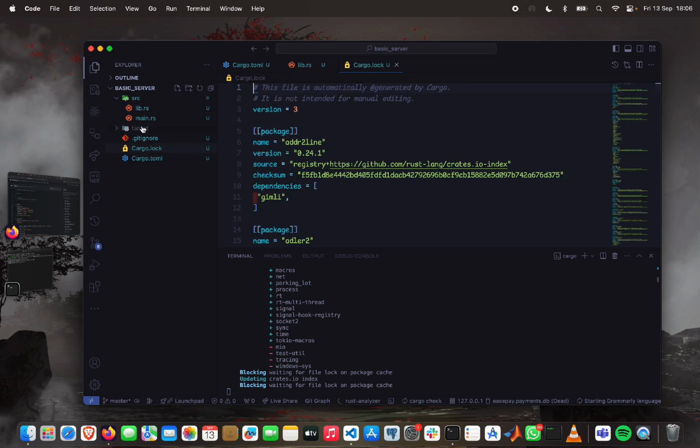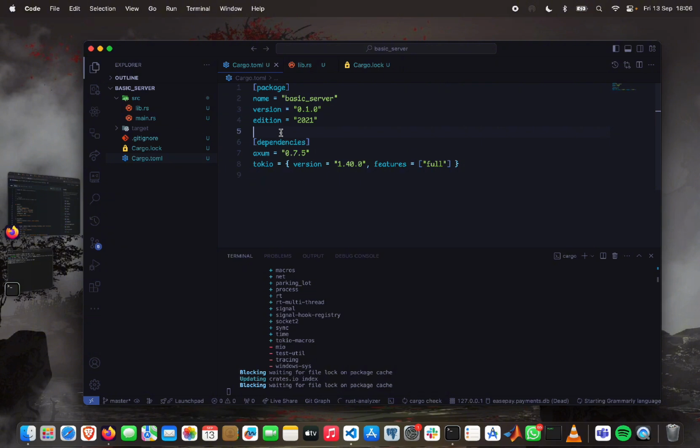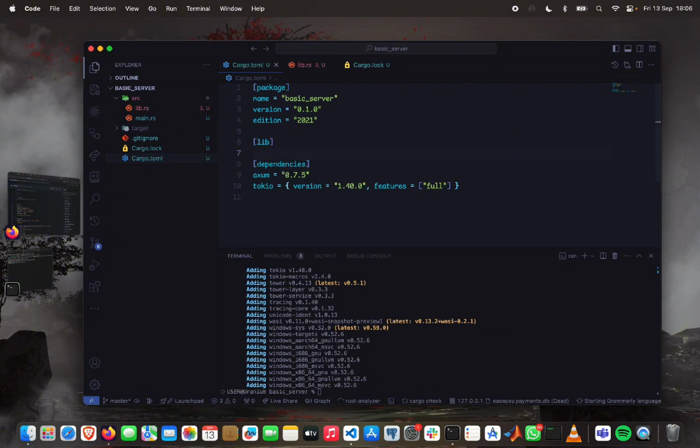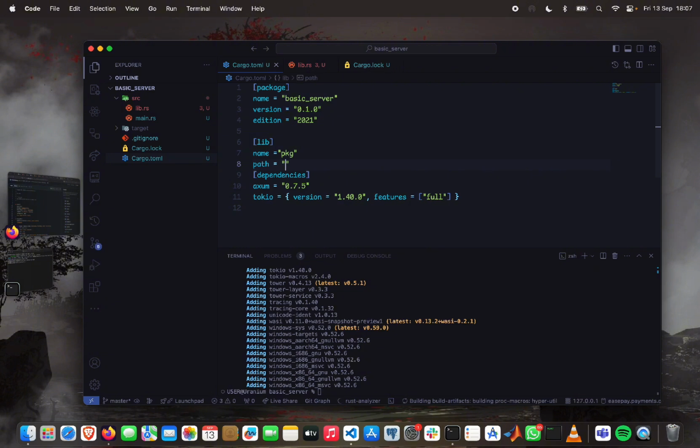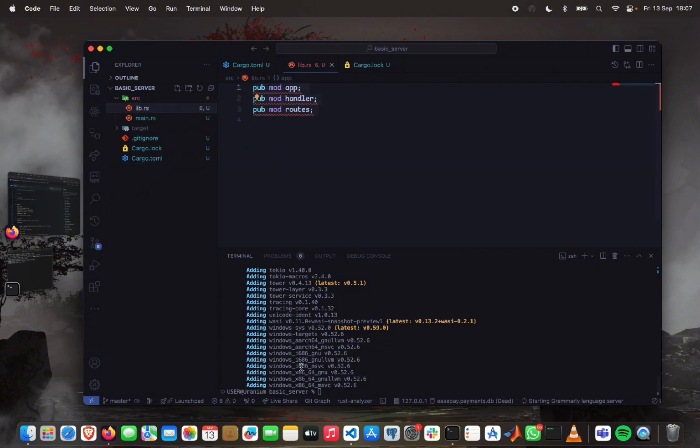So I need to configure this part. I can come here and do this. I have to call it package for short, and I have the path to be the source, and then we have the lib.rs. Yep, so we have our dependencies installed here. This is 0.75. So let's get started with the first one. If I do this,